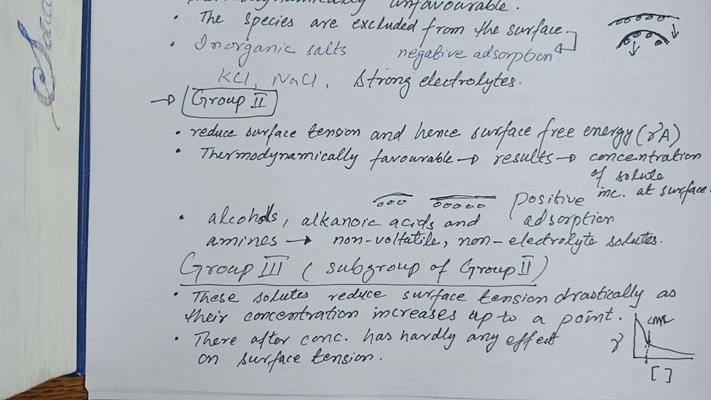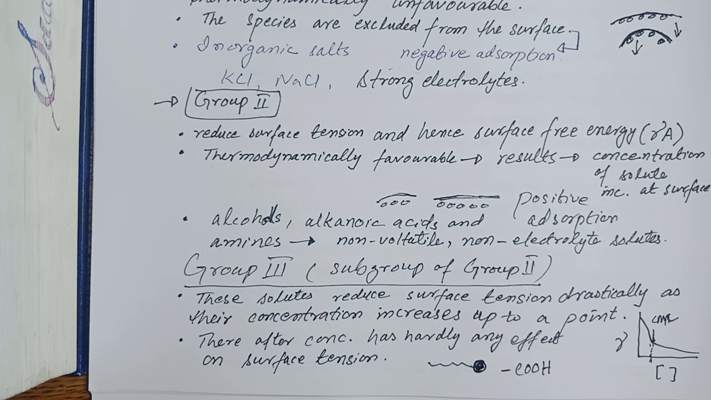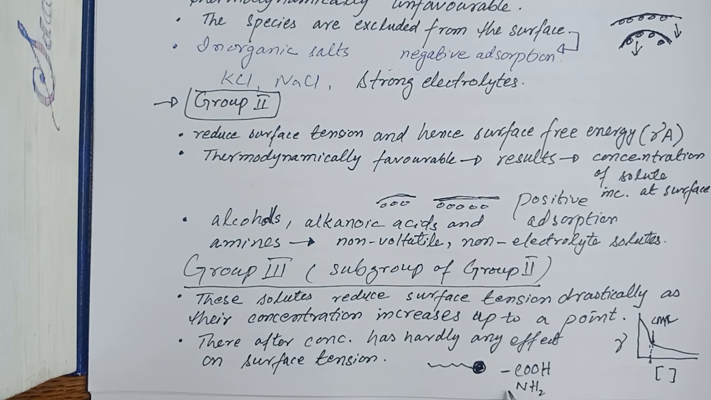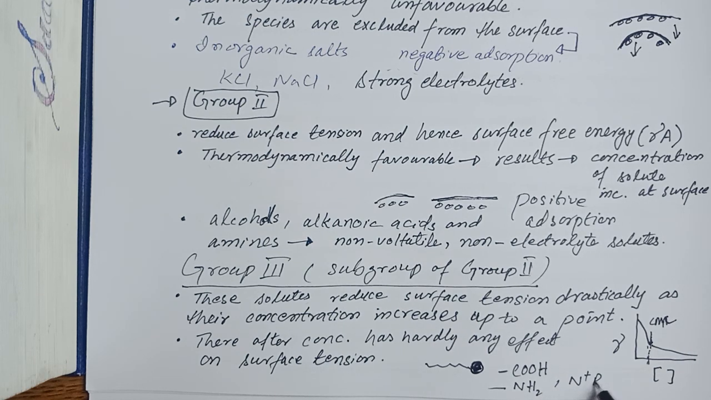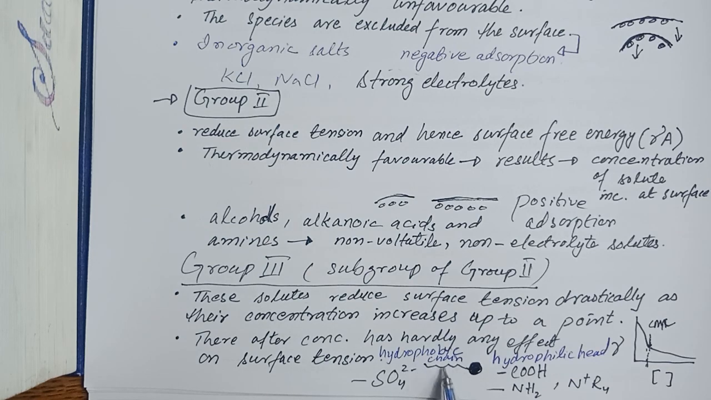So these kinds of solutes are known as surface active agents, or surfactants, having a long hydrocarbon chain and a polar head. The polar head is usually carboxylic acids, amines, tertiary amines, sulfates, or any other hydrophilic head group. So the polar end is known as the hydrophilic head group, and the non-polar end is known as